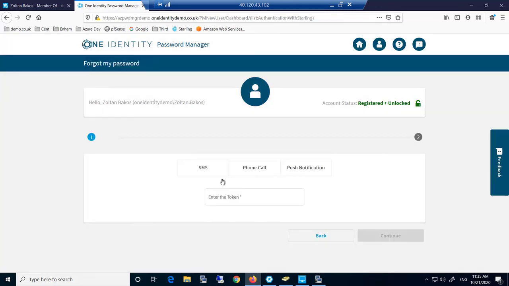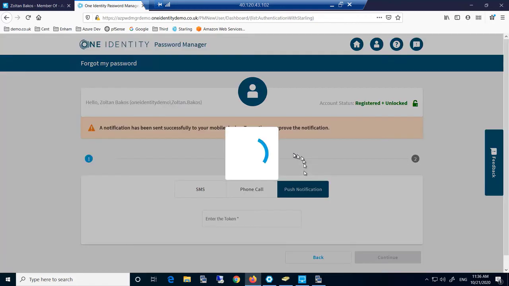And what you can see here is we've integrated as part of the profile, part of the workflow and policy, that in order for Zoltan to reset his password, he's going to use a stepped up authentication. So he needs a second factor to reset his credentials. Now, this was part of the reason why I entered in my mobile number as part of this process, because our policy dictates that for Zoltan to change his password, he needs to use a second factor of authentication. So we're going to do a push notification here.